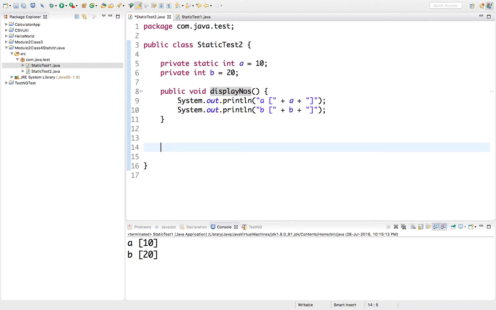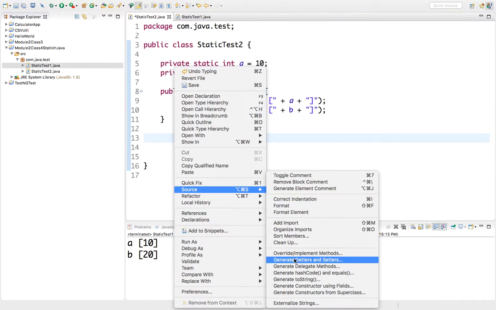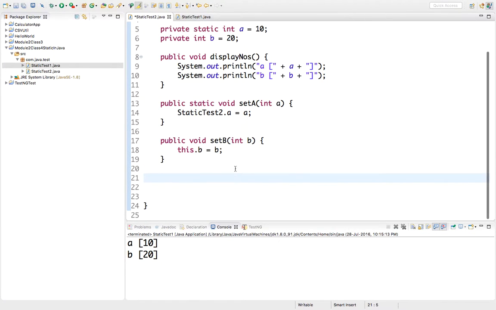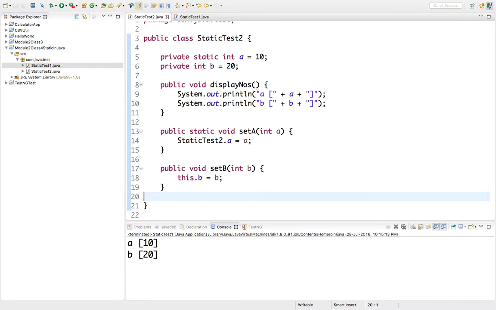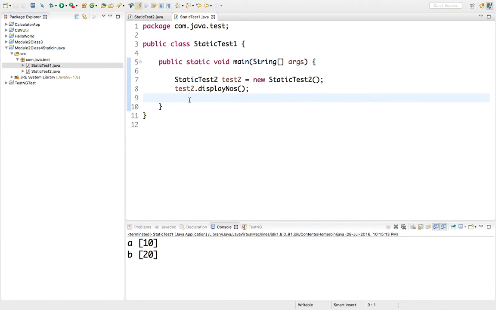Let's create the setters of a and b. I'm going to select all the setters, do OK. Now it has created the setters. Let's set the values.